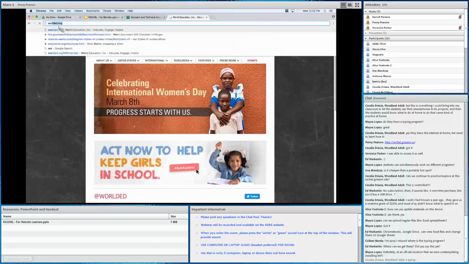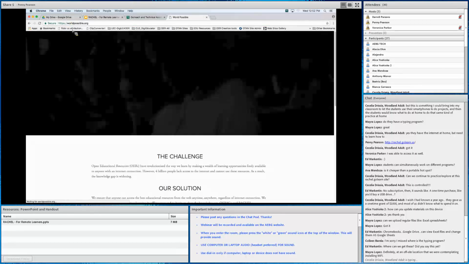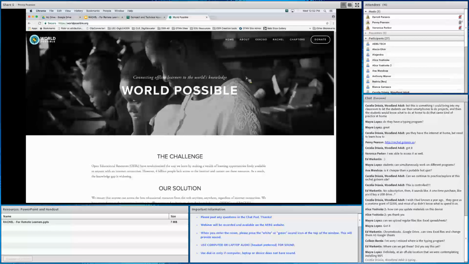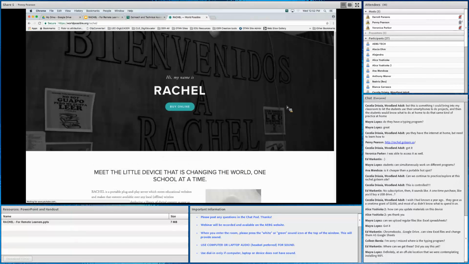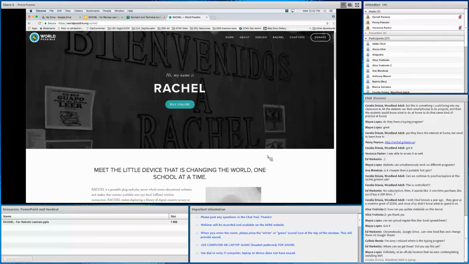It's World Possible. So this is the organization, and up here in the upper right-hand corner, you'll see there's a link for Rachel. So you can buy it online, and I'll post this in the chat pod so you can see exactly where I went.